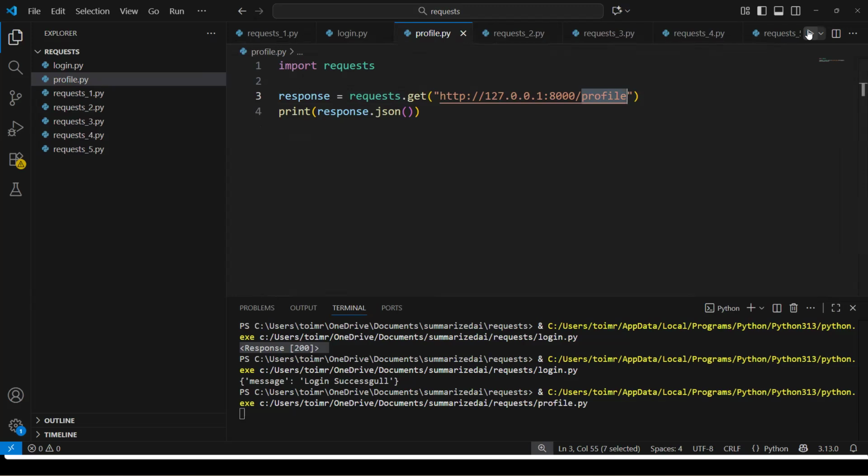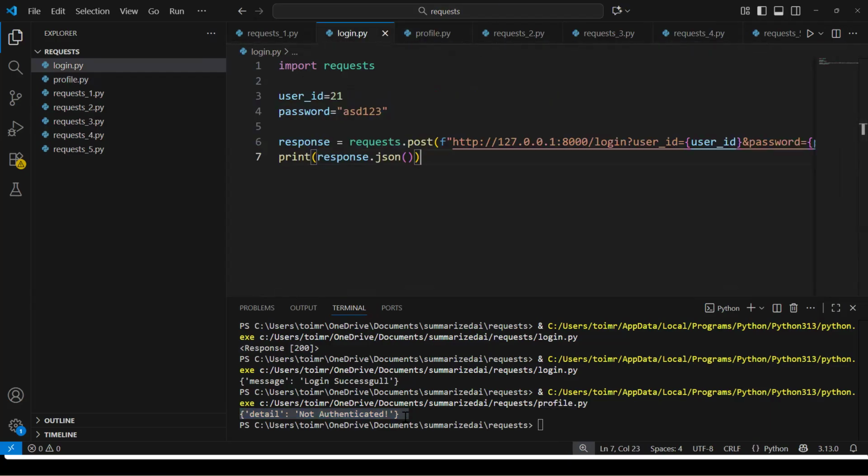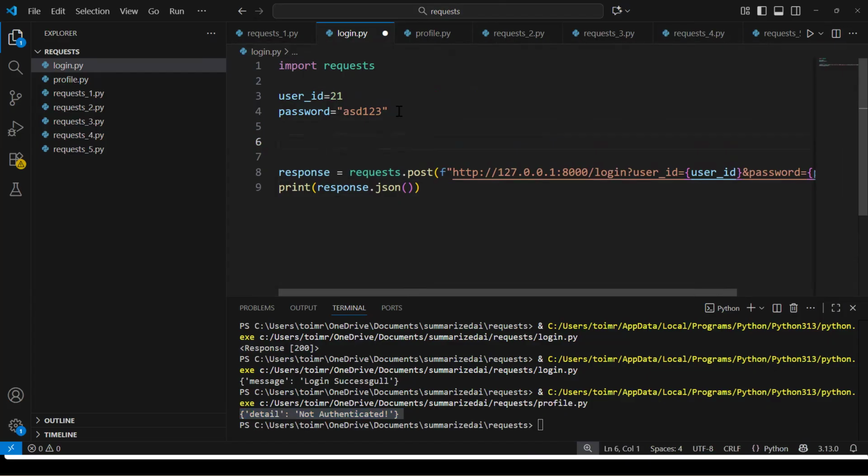That's it, done. Let's try to run. See, not authenticated. It is saying not authenticated because, I do understand you logged in here successfully, but it required that particular session ID. And that session ID you are going to have in your cookie. So you have to read that cookie and pass that particular